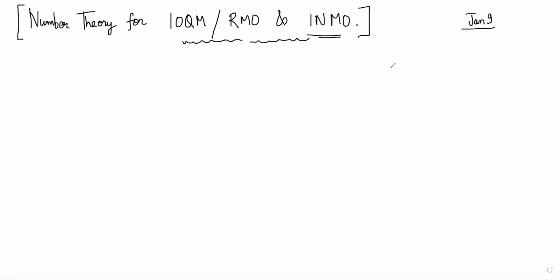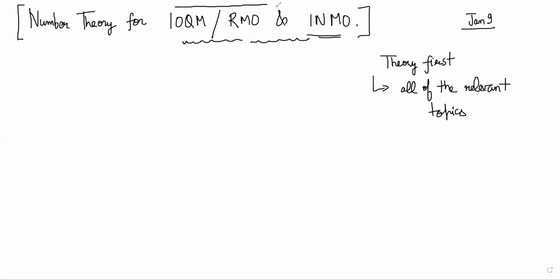The way this course will be structured is that I will have theory first, and theory will start from the absolute basics. We'll cover all of the relevant topics that you need to be aware of before you can proceed to solve problems at the national olympiad level. Once we are done with the theory, we will go to the problem solving section, which will involve questions from actual contests and past years' problems from all of these exams and national olympiads across the world as well. So the problem solving section will be after the theory. I'll just begin with theory right now.